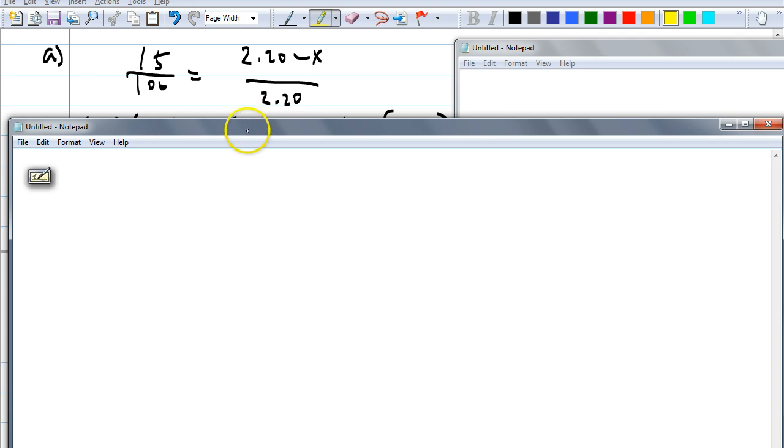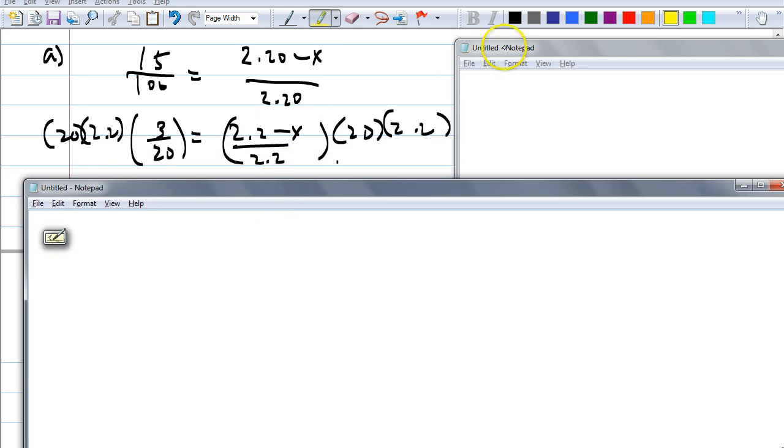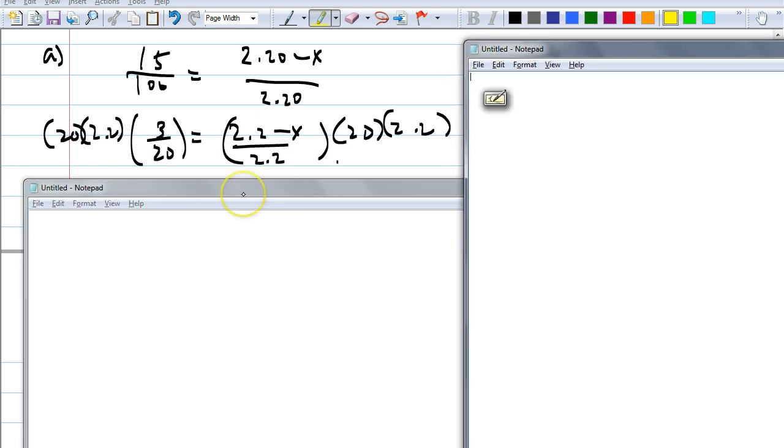Good, you get 3 over 20. And so if you get 3 over 20, shouldn't you multiply both sides by the LCD? Right? What's my LCD? Well, 20 times 2.2, isn't that right? You get that? Okay, so